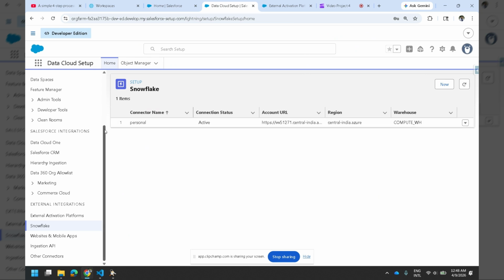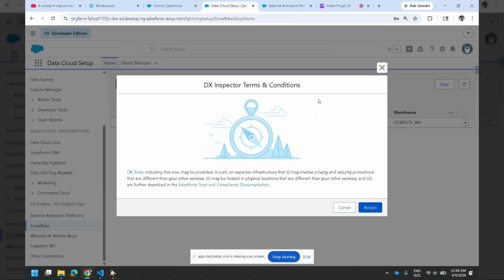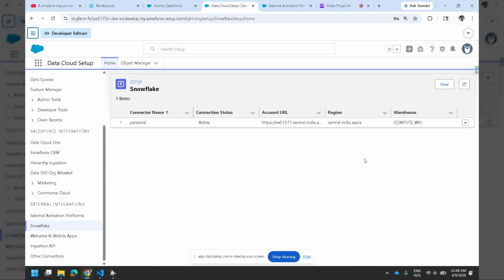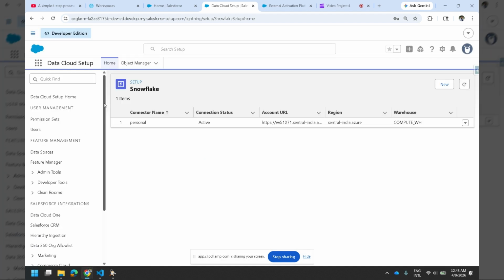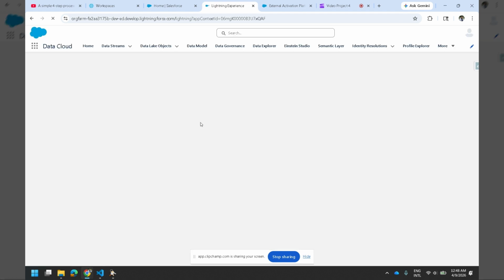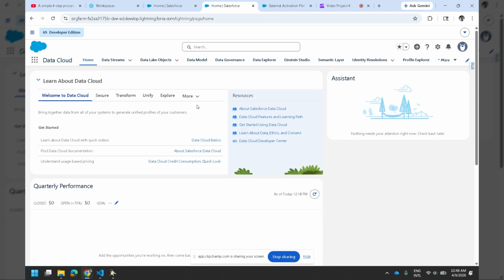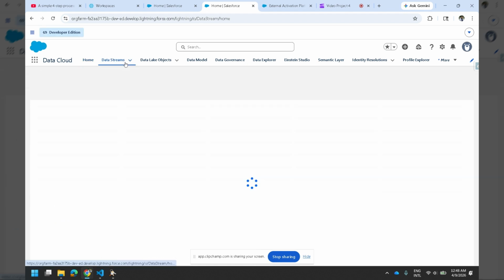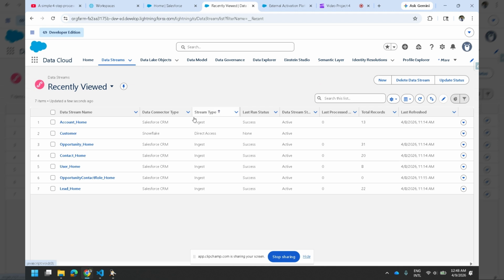Once you do that, now you can go back to the home of your data cloud. This is done. So click on this one, go to data cloud. Here you can create a data stream for the incoming tables, and I have created one for customers, that is a Snowflake table, which is having direct access externally. So I'm going to create one more data stream,